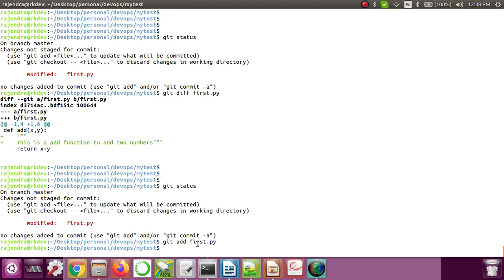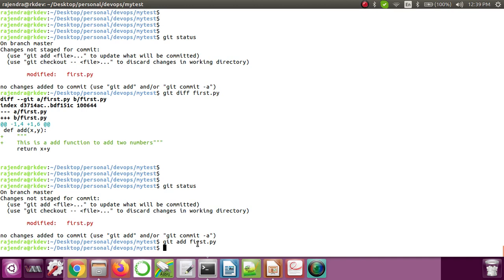What it will do is, from the local repository, there is one more concept called the staging area. So what is this staging area? The staging area is the location between your local repository and the remote repository. first.py was changed in your local repository, and now you want to add this change onto the remote repository.